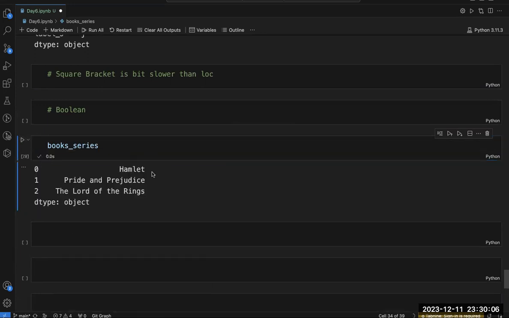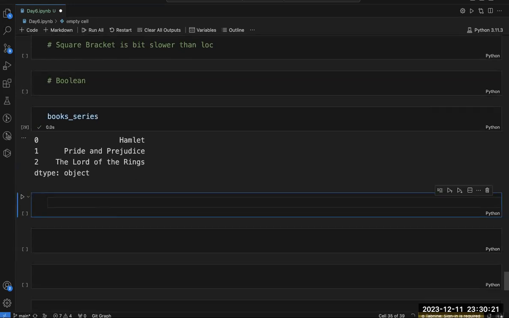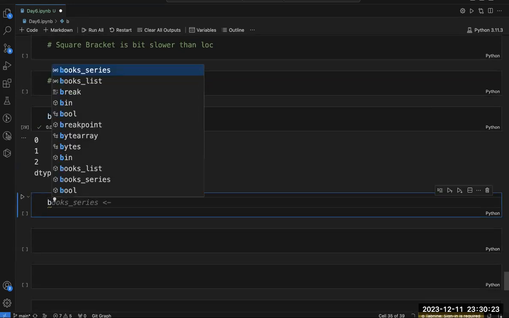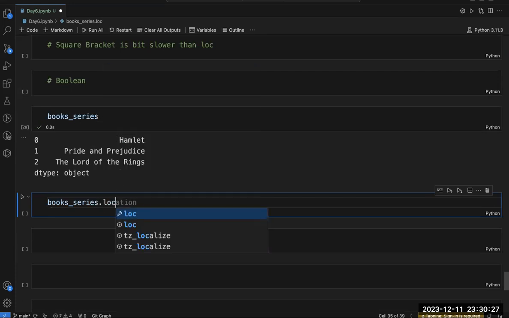Now let's see how I am going to use my dot operator here. If I write books underscore series dot loc, thereafter you have to give a double square bracket, one square bracket inside the other.